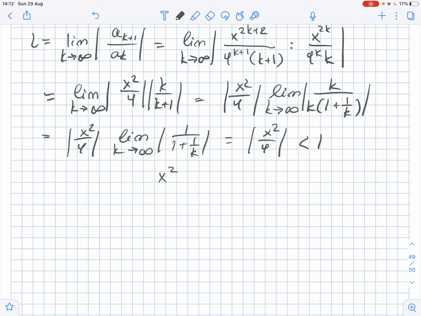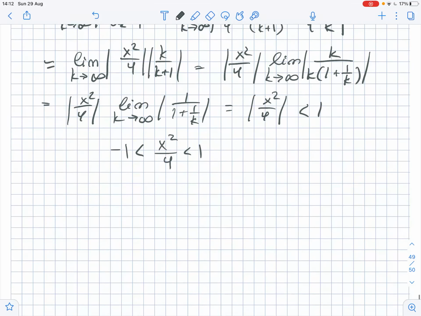So in order for this series to converge, this needs to be less than 1. So we get that x squared over 4 is less than 1 but greater than negative 1. So let's multiply all sides by 4. We get that negative 4 is less than x squared, which is less than 4. So that means that x lies between negative 2